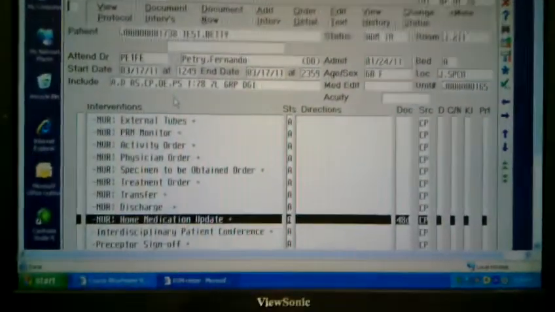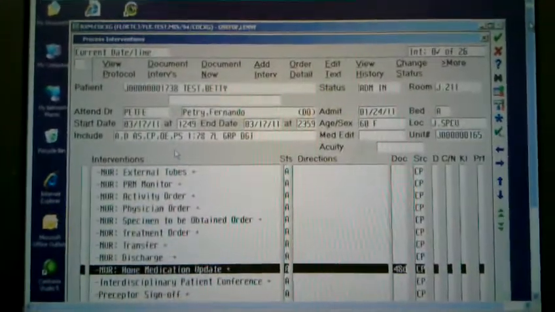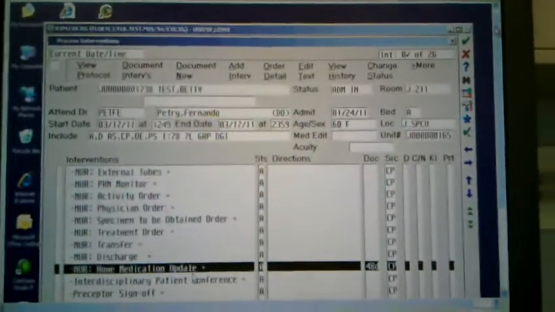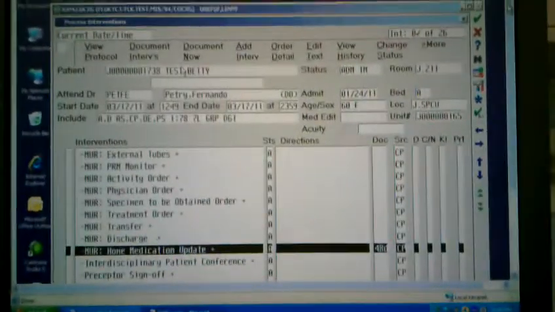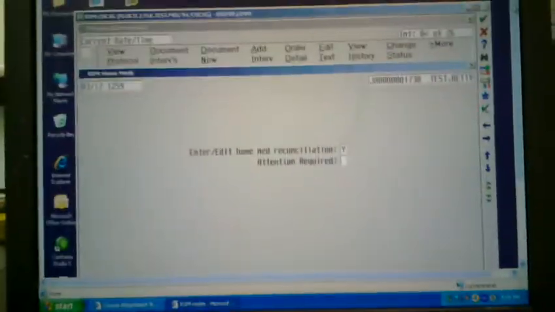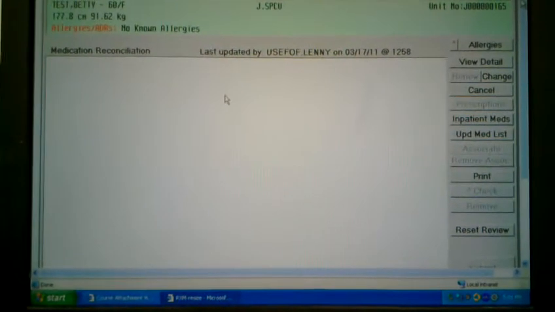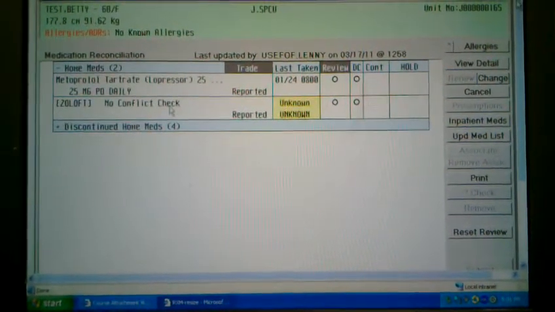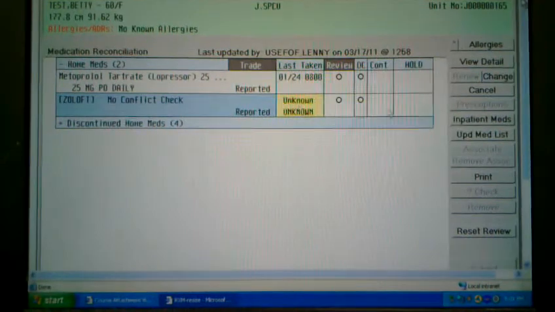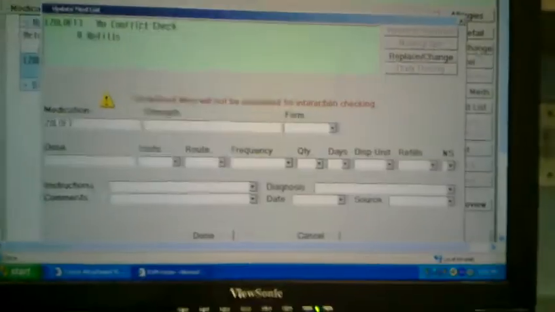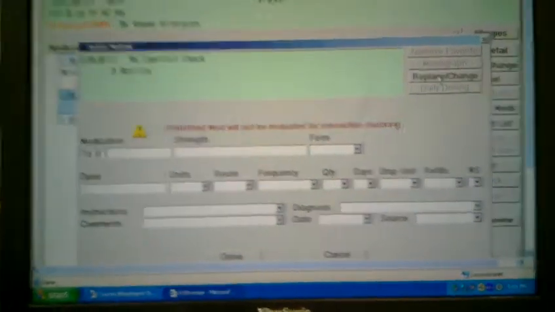Once you've obtained information about the medication requiring clarification, you'll use your Home Medication Update to clarify it. From this screen, you'll enter yes, press enter, and it'll take you to the Home Medication Reconciliation routine. Click on the medication you want to clarify, click the Change button, click the Replace Change button,